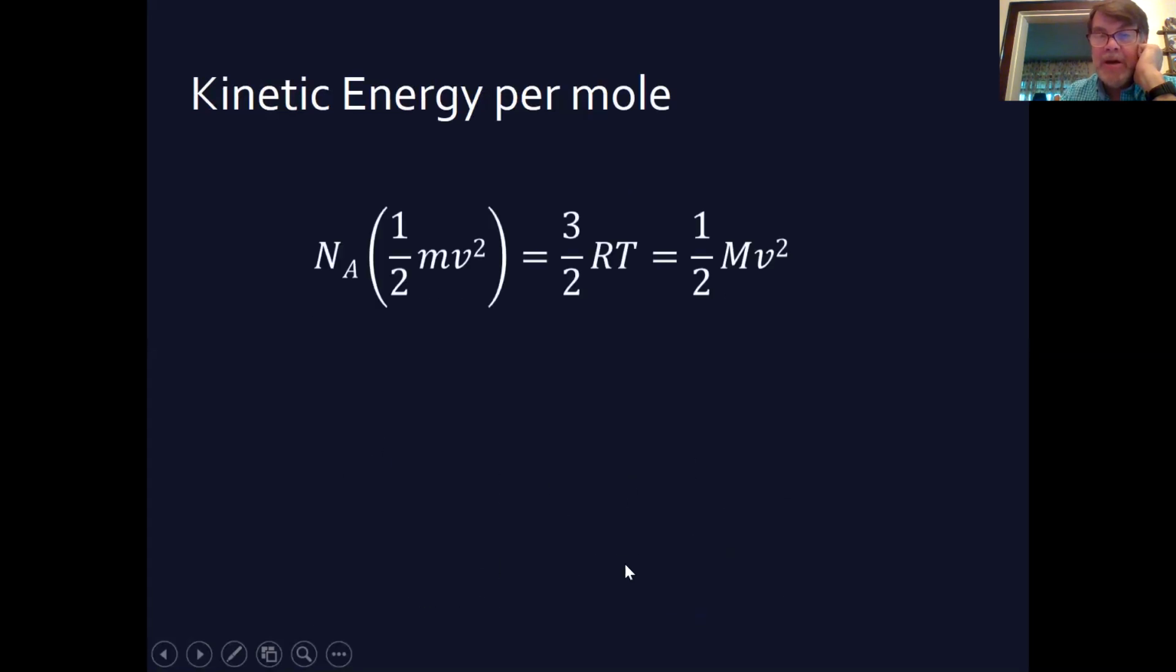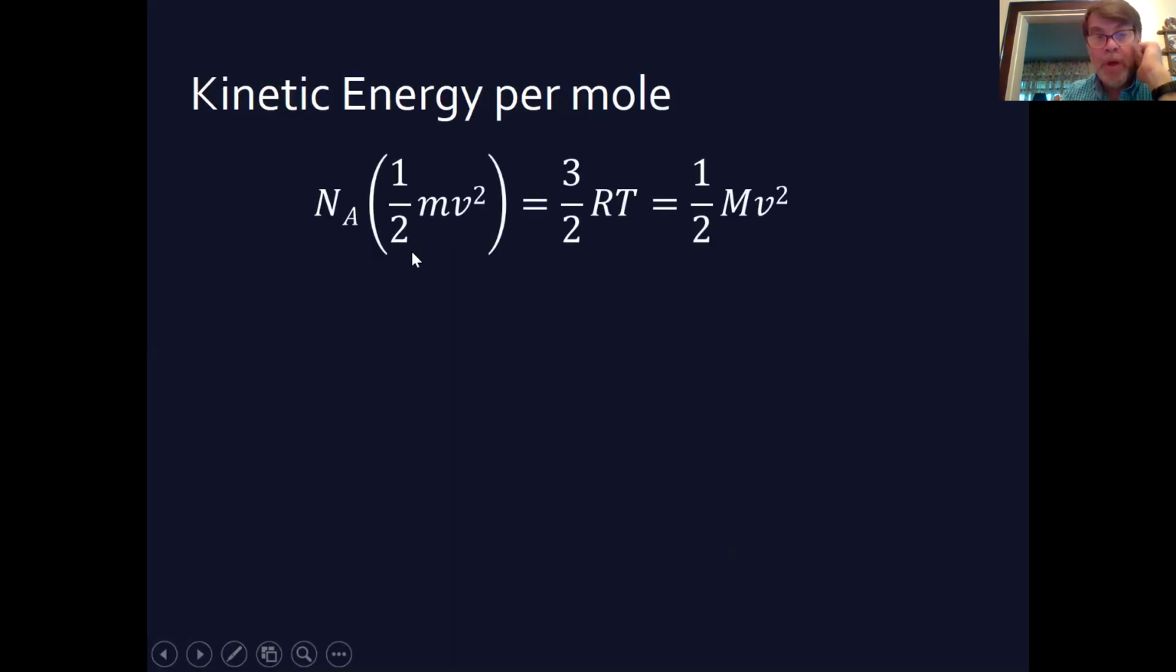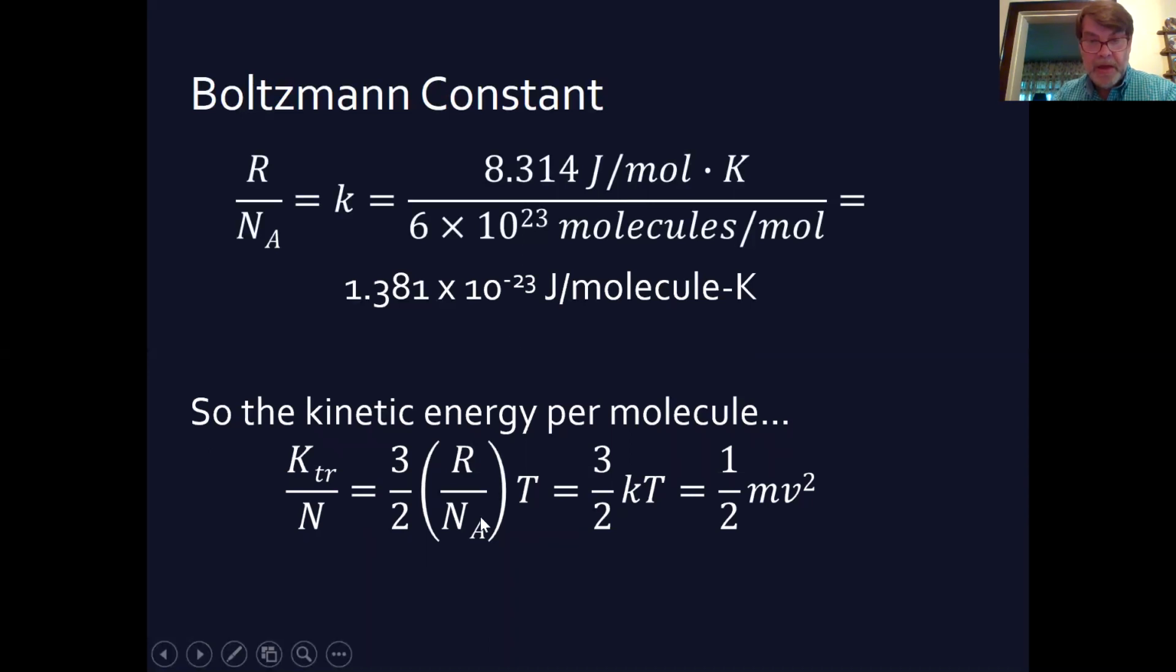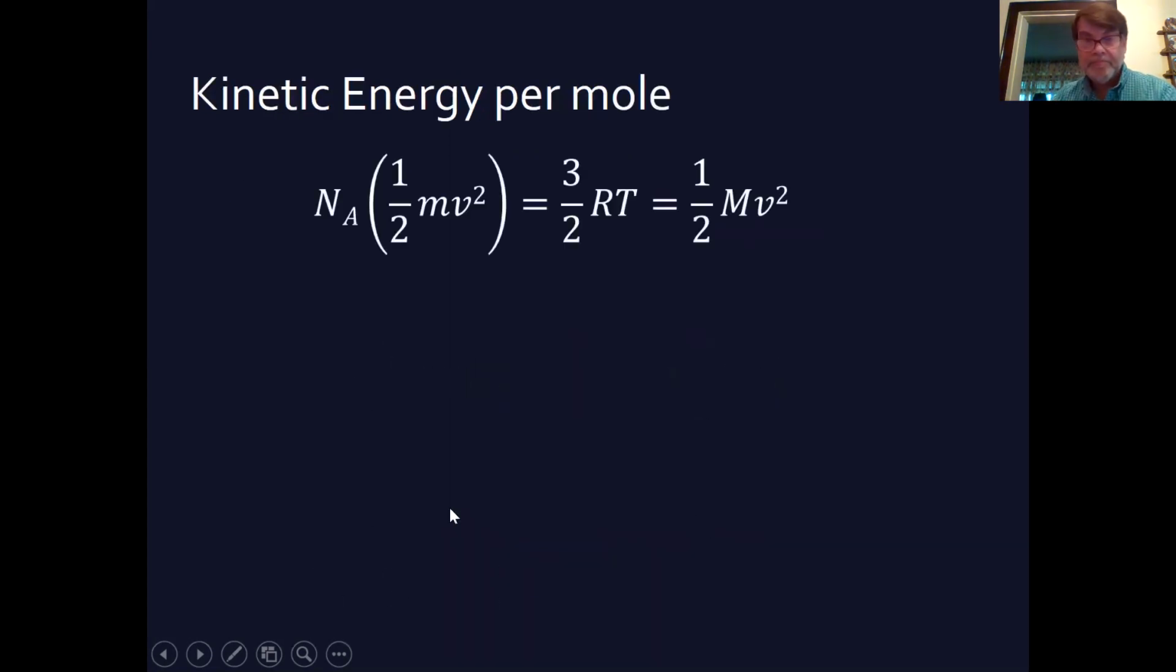What about kinetic energy per mole? Well, again, this is the kinetic energy per molecule. If we multiply it by Avogadro's number, which tells us the number of molecules per mole, 6 times 10 to the 23rd power, this is going to equal 3/2 RT, because when you multiply 3/2 R over Na times T times Na, the Na cancels out, and you're just left with 3/2 RT, which,